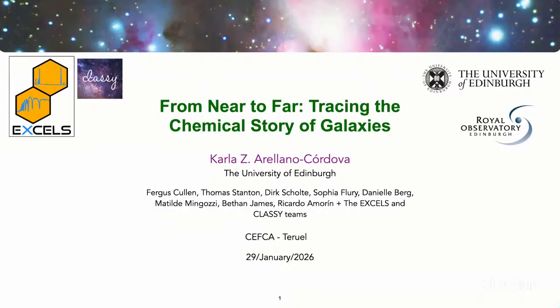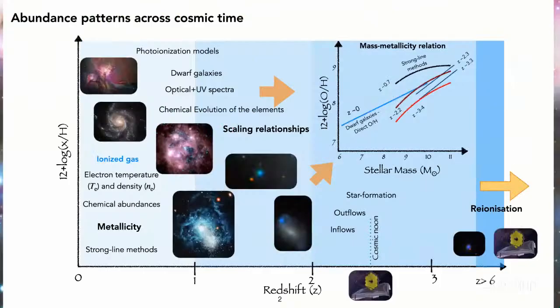As you see here, this is an illustrative picture about different scales, different objects in our local universe, so a little bit of redshift. But all these galaxies, all these star-forming regions have something in common, and this is the emission spectra. The emission spectra of all these objects give us information about the chemical abundances of the ionized gas. There are physical properties like electron temperature, density, the chemical abundances of different elements, but overall the metallicity.